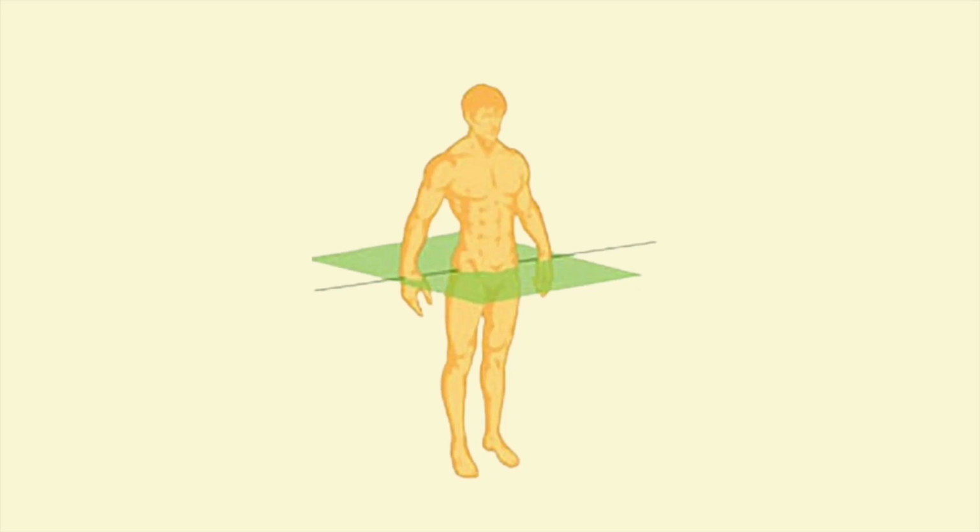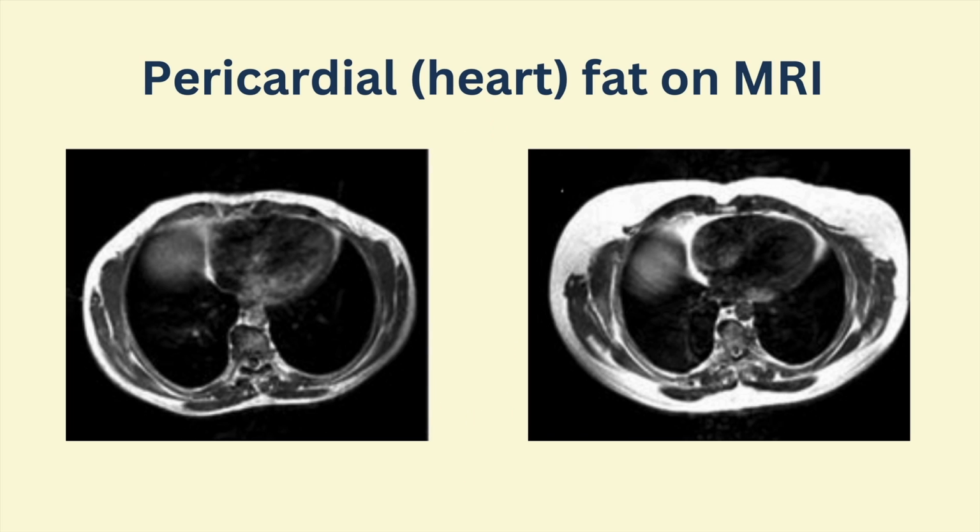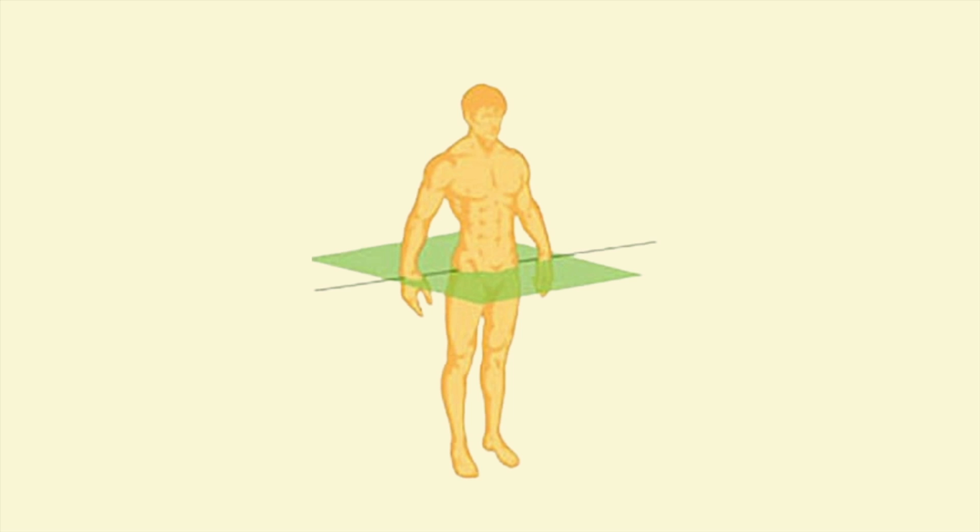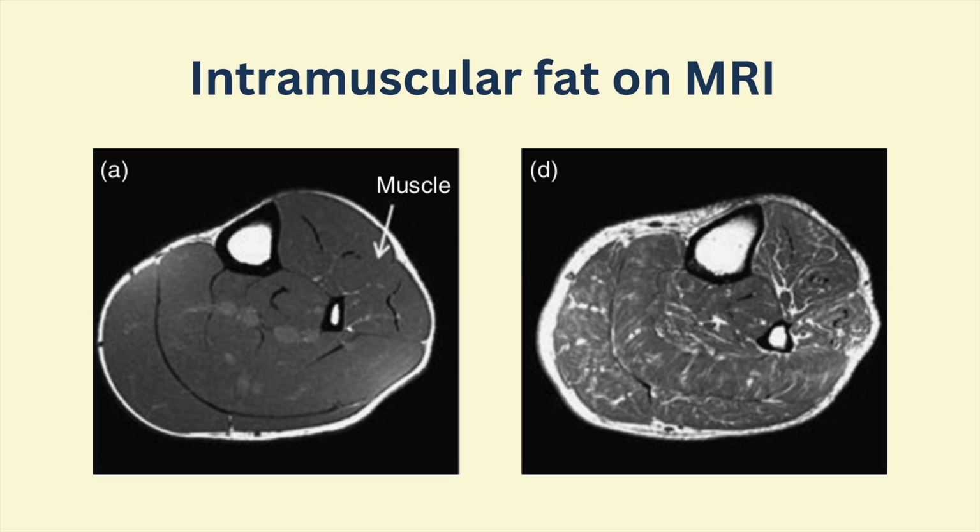Well, if we take that level up to the level of the heart, we can see something similar. You've got accumulation of fat around that heart. That's pericardial fat. And if we take a little bit lower, this is at the level of the upper lower leg. This is a bone. This is your tibia and your fibula.